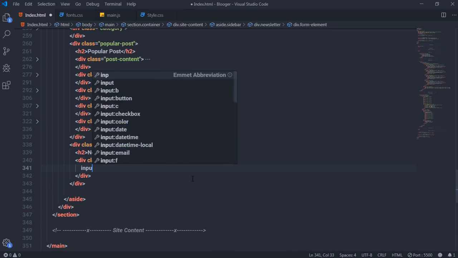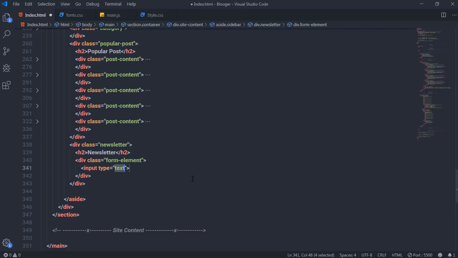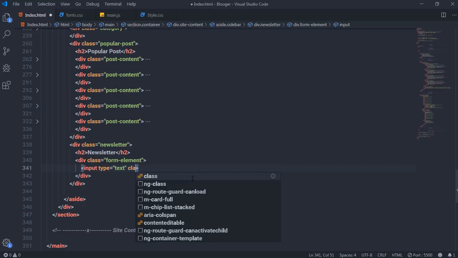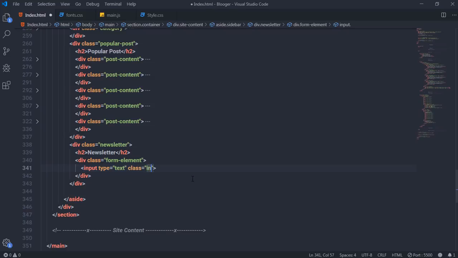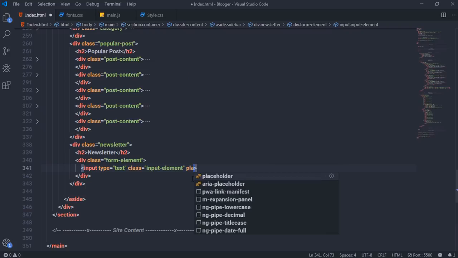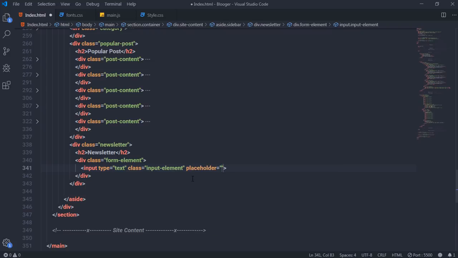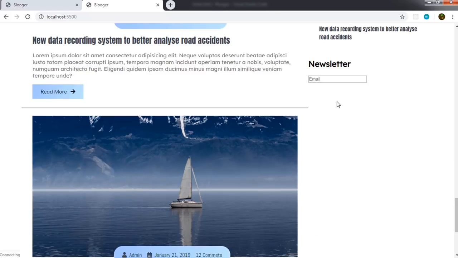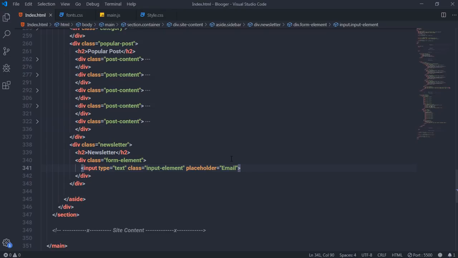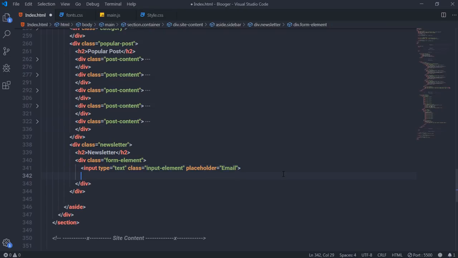So I'm going to add here input, type text, and I want to add here class, which is input element, and I want to specify placeholder to this input tag, and I'm going to name it email. When I save the changes, I have here an input tag with a placeholder email. Now just after this input tag, I'm going to just create here a button with a class btn and form